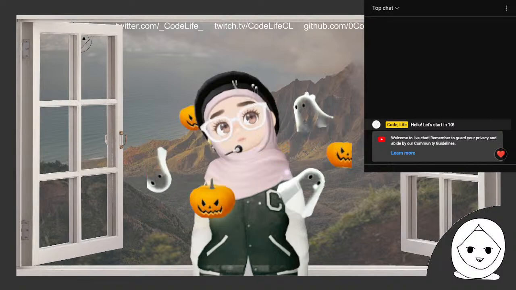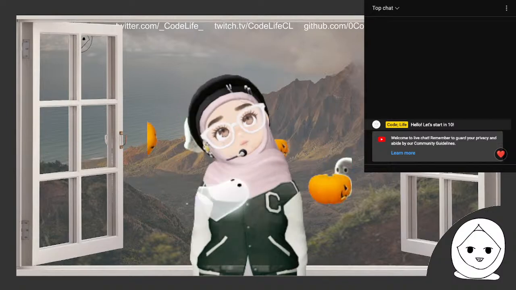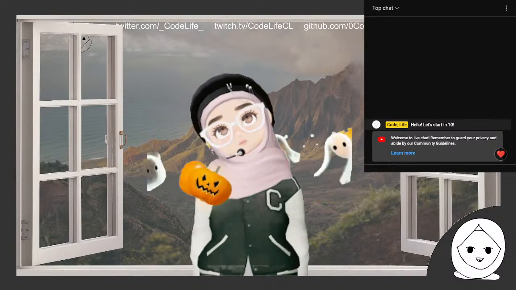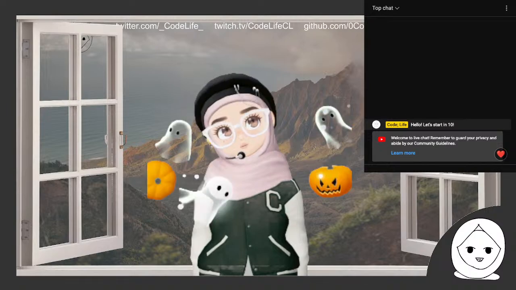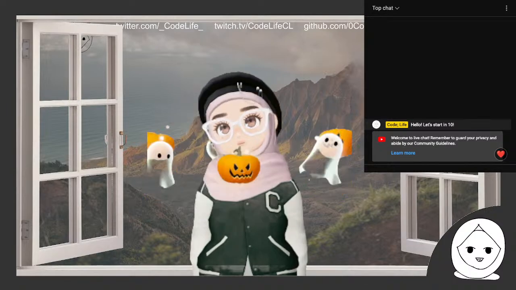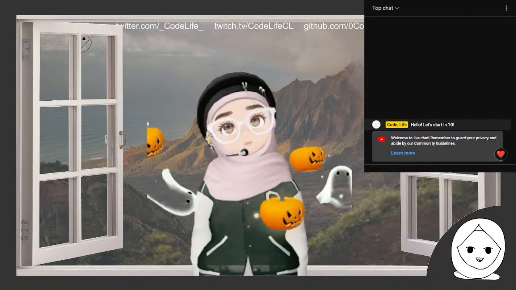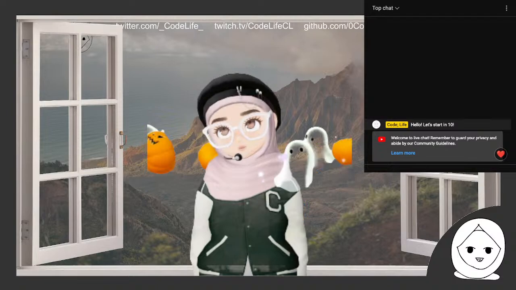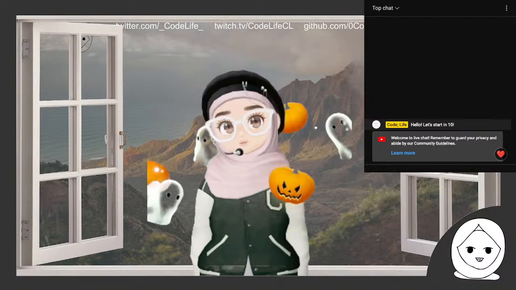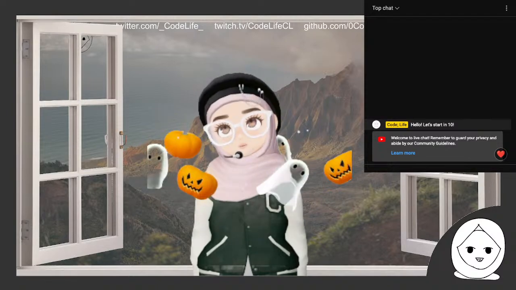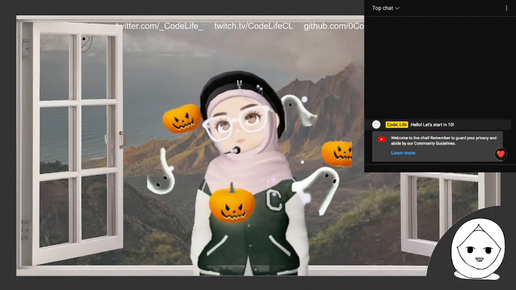Do let me know how horrible the streaming is, if it's too horrible. Oh my god, these ghosts are adorably cute. I actually put them there so that I can monitor how bad the